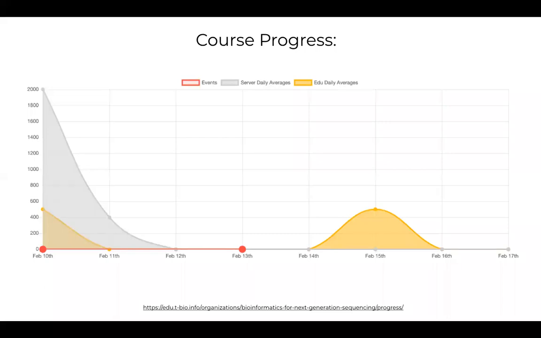Last few days, after our session on 10th, we had some spikes in both server and educational access, and people, especially Shayok, did some pipelines. He ran a few pipelines and also did some courses. And after that, we did not do